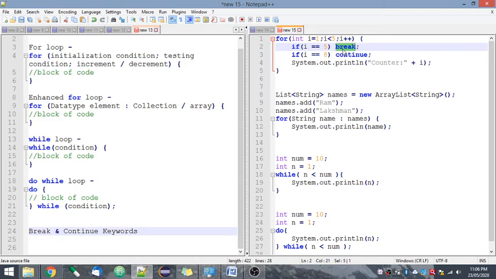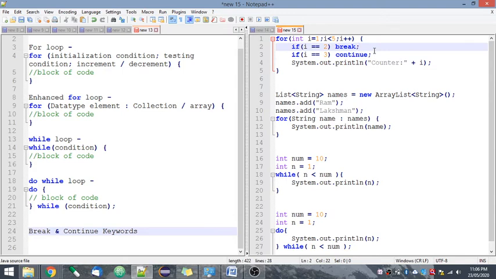So as you can see in this example, I have written if i equal to 5, then break. So if i is 5, then only I want to come out of this loop. Sorry, the loop is wrong because it won't be 5. I can give 2, 3.